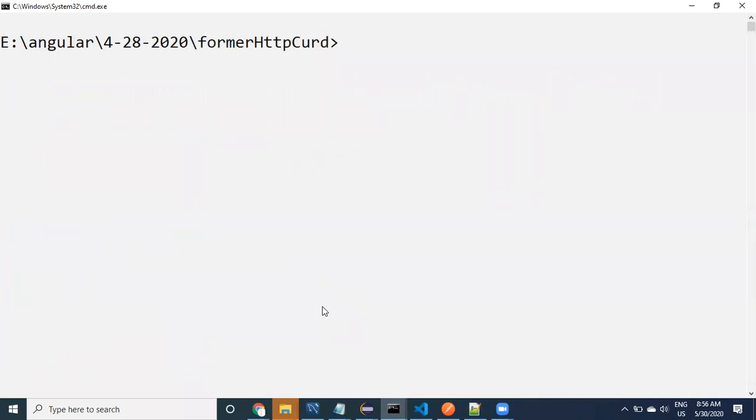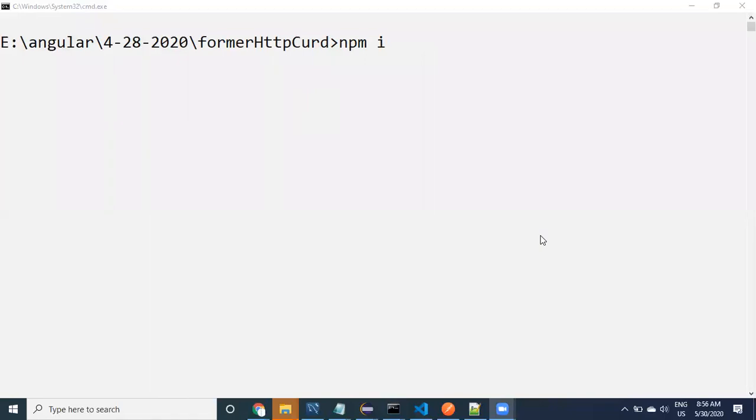So when we are talking about forms and the HTTP client object, here what I need to do is run npm install, or npm i is also fine. First of all we need to download the package.